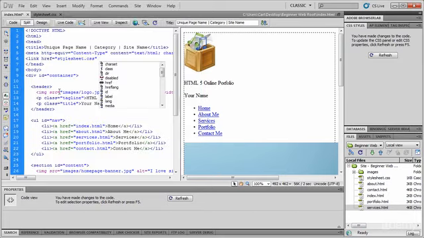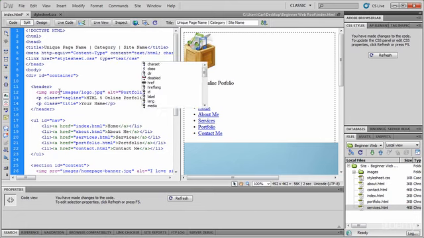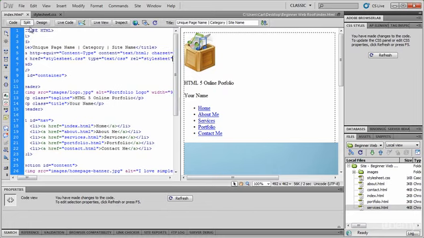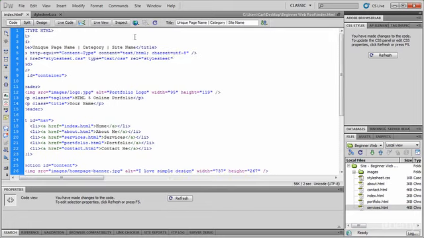Then I'm going to select my style sheet. I'm then going to give it a type. So type, and it's going to be text/css. I need a relation, which is a style sheet. That's how it relates to this. And what you can do later, I'm just going to click on code view so we can see more. What you can do later is you can actually do